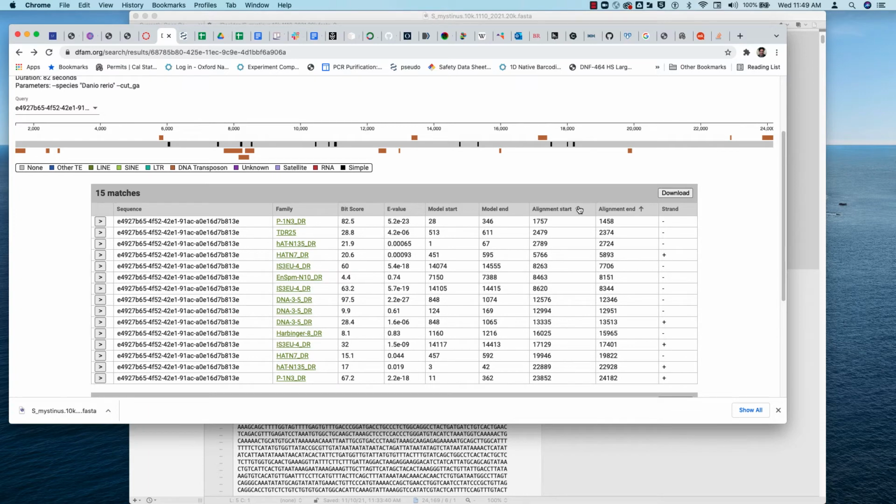One thing that you can do is sort by these alignment starts, and as we go along, you'll see each of these different elements. So for instance, this P1N3DR, right, this is this element here. Note that it's on the bottom of the strand, and because of that, the alignment end is actually before the alignment start. The coordinates on this sequence start at 0 or 1 and go to the end of